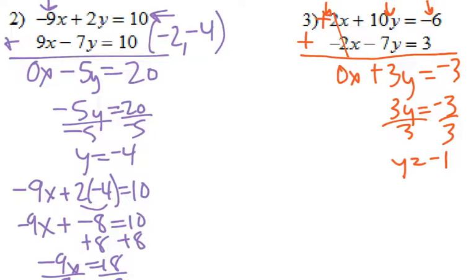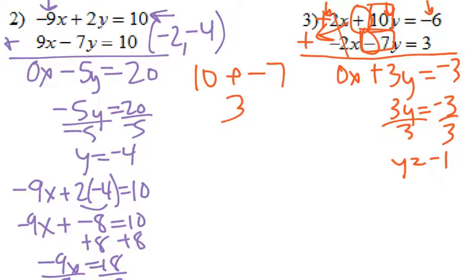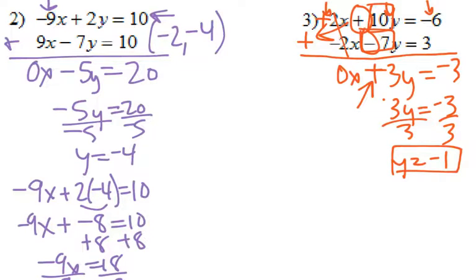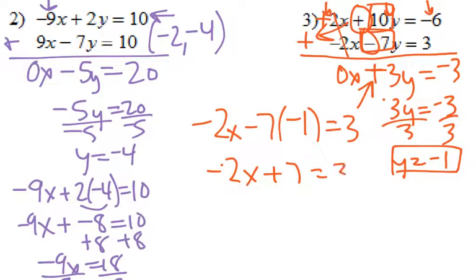Now the thing you have to remember is you're going to have to watch the signs in what you're doing. If you need to, go, okay, 10 plus negative 7, type it in a calculator, and get the right thing. And pay attention to this. If it's positive, it'll be plus. Had this been a negative 10 plus a positive 7, it would have been a minus 3, and that would have changed things. You've got to pay attention to the positive or negative, because that could totally mess up your answer. You could still maybe possibly get this pretty close, but when you plug it in to another equation, it's going to totally screw that up. So you do have to pay attention to that. One small mistake on these systems, because there's so many steps, it can really mess up